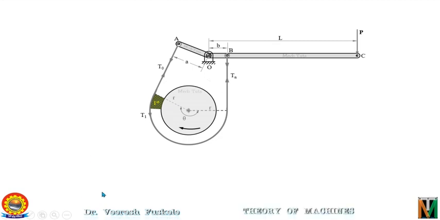Now let's add the second block. So now the tension between the first and the second block will be T1, and let's take the tension after the second block as T2. Similarly, for the third block, tension between the second and third block will be T2, and the tension after the third block, let's take it as T3. So as we go on adding the blocks, this sequence will go on, and so we can say that for the nth block, tension will be Tn. So tension on the tight side with n blocks will be Tn. I hope now you have understood why we have taken Tn as the tight side tension.